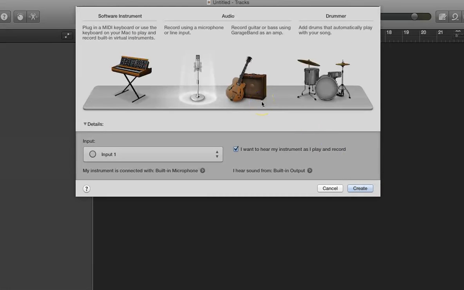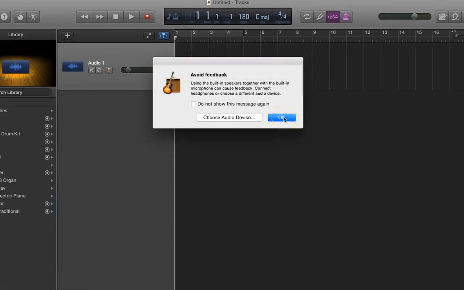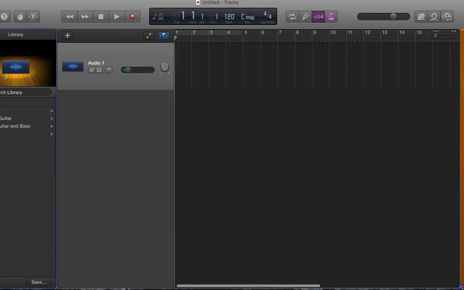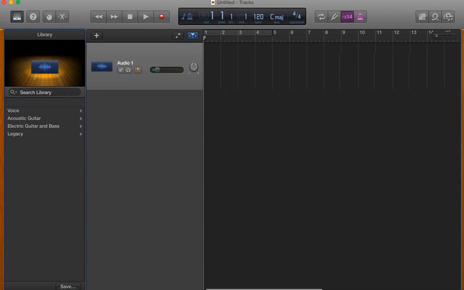And then you can select the instrument that you want to start out with. Basically, this is going to determine the first track that is in your GarageBand project. So I'm just going to keep it with microphone and press create and press OK here. This is fine. And now I'm going to simply size GarageBand so that you can see what your entire project will look like. So this is what it'll look like, but before we start inserting our audio,